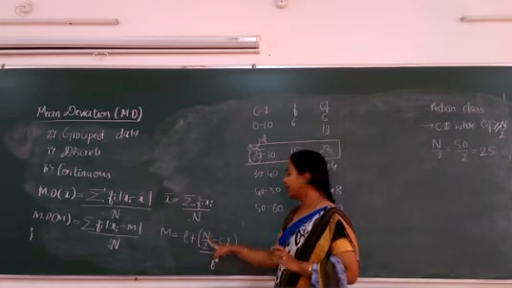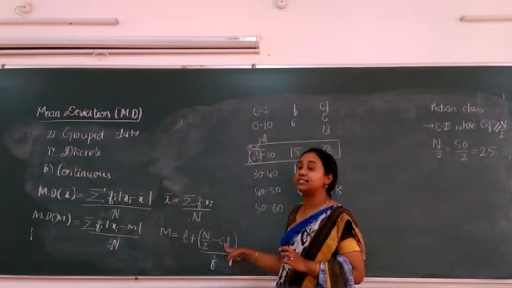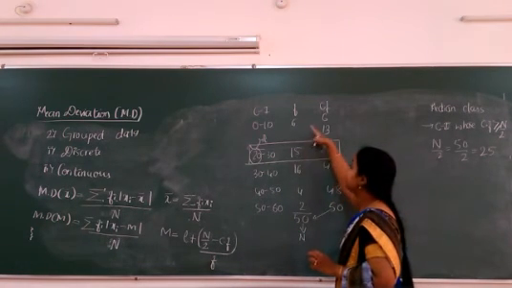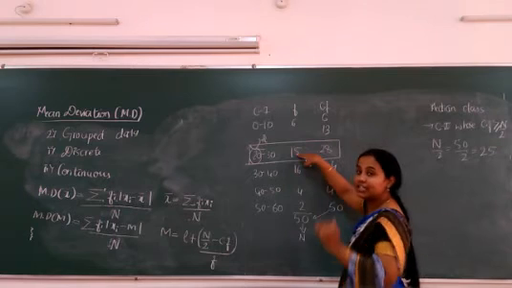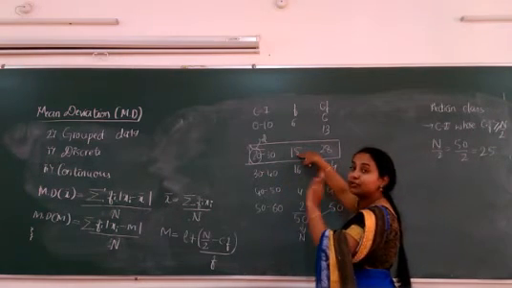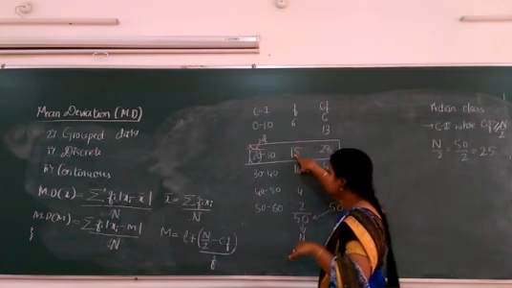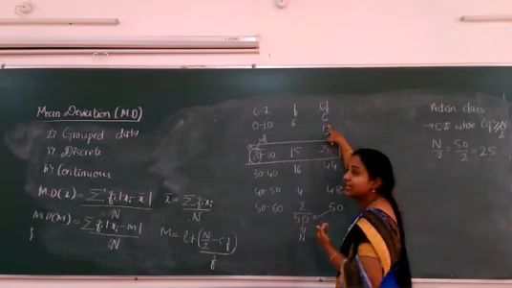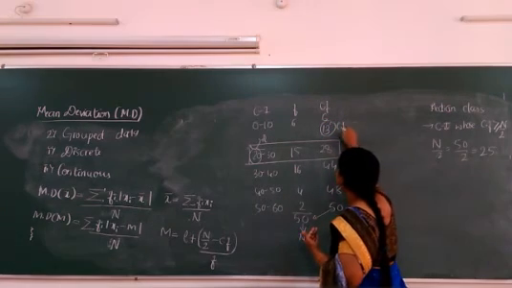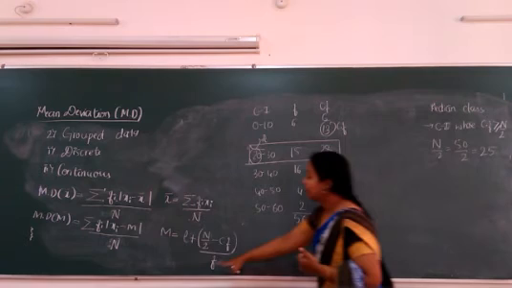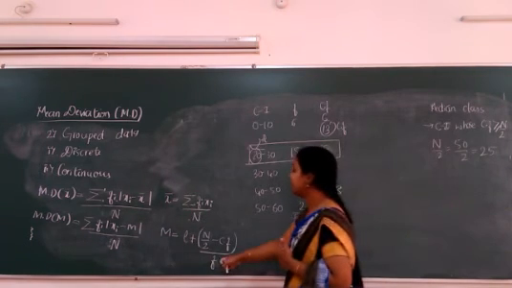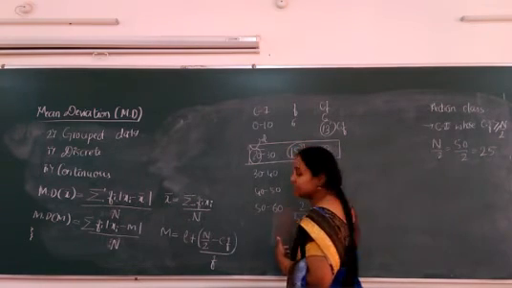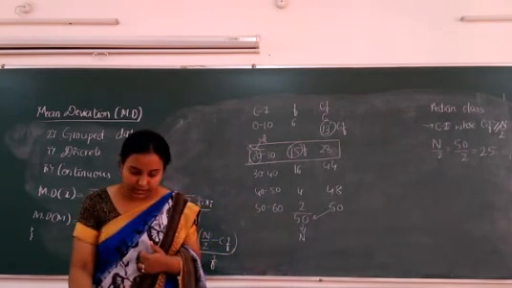Next, N we know. CF, cumulative frequency. You will consider that cumulative frequency which is preceding the median class. Preceding means before the median class. So which is preceding the median class? This one. What is the cumulative frequency here? 13. So this is the CF. Next, frequency. Here frequency is the frequency of that median class. So this is F.